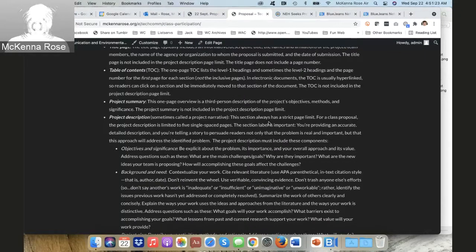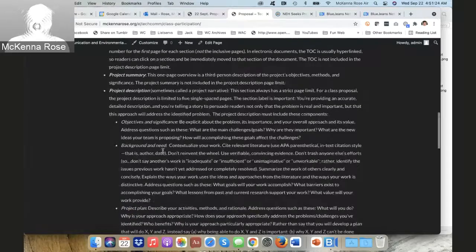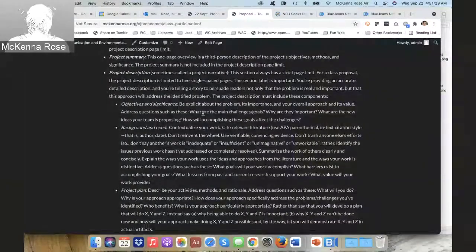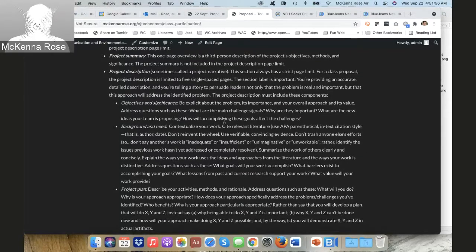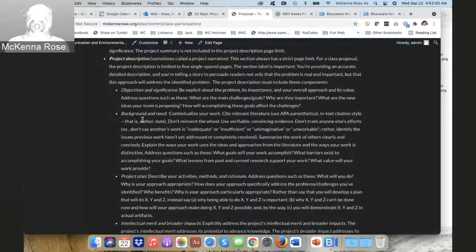So you're going to have a section on objectives and significance where you explain the problem. So it's going to be both the problem that the client outlines, maybe their calendar isn't reaching enough of their users, but then also a theoretical problem. So both of our partners work at the intersection of social justice and environment. So you're going to explain your overall approach and its value, what are the main challenges or goals, why are they important, etc. So objectives and significance is usually like 2 pages,